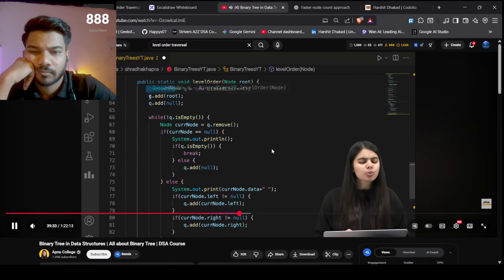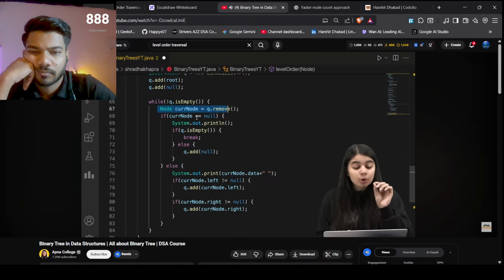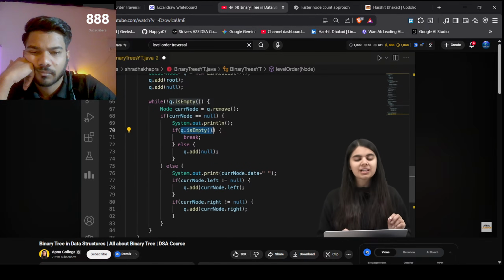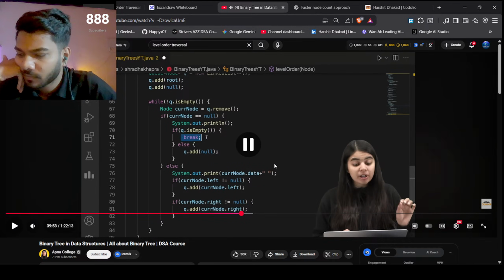एक बार हल्का सा रिकैप कर लेते हैं। यहाँ पर हमने सबसे पहले क्यू बनाई, क्यू के अंदर शुरुआत में रूट नोड को डाल दिया, फिर नल को डाल दिया। उसके बाद एक लूप चलाया जब तक हमारी क्यू एंटी नहीं हो जाती। फिर करंट नोड को निकाला, अगर करंट नोड नल आ जाती है उस केस में नल का मतलब है नेक्स्ट लाइन, तो नेक्स्ट लाइन प्रिंट कर दी। अगर लास्ट नोड थी हमारी नल नोड, फिर तो ब्रेक कर जाएगी लूप से, यानी सारे नोड्स को हमने प्रिंट करवा दिया लेवल ऑर्डर में।